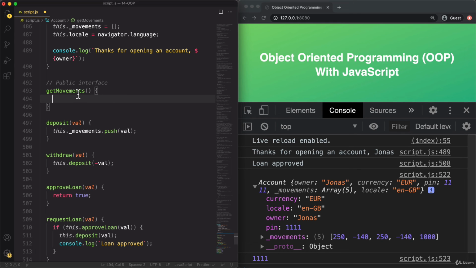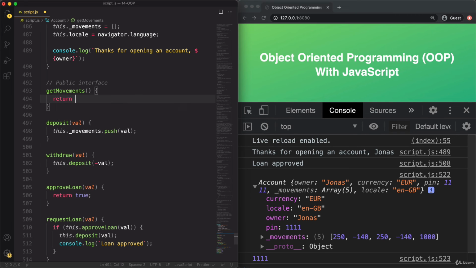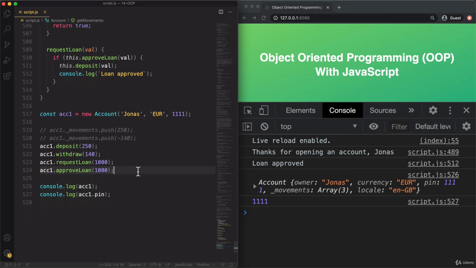So it's very common to actually have a method that is called get or set instead of using a real getter or a real setter. And so all that this will do is to return this dot movements. And so now this would be the correct way to get the movements. So get movements.